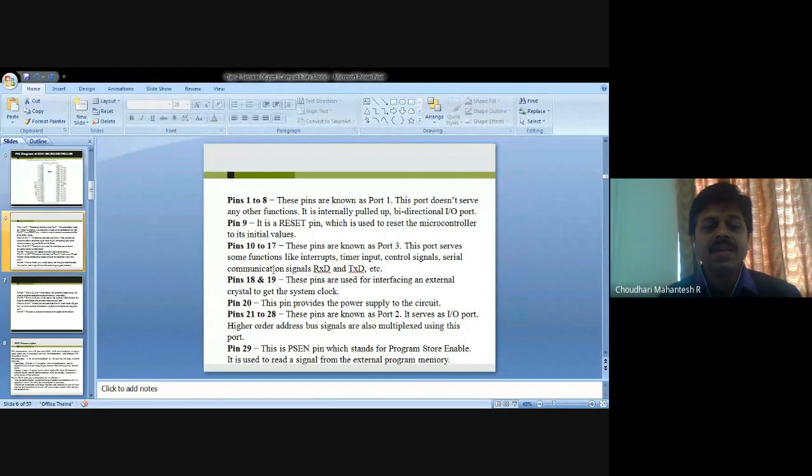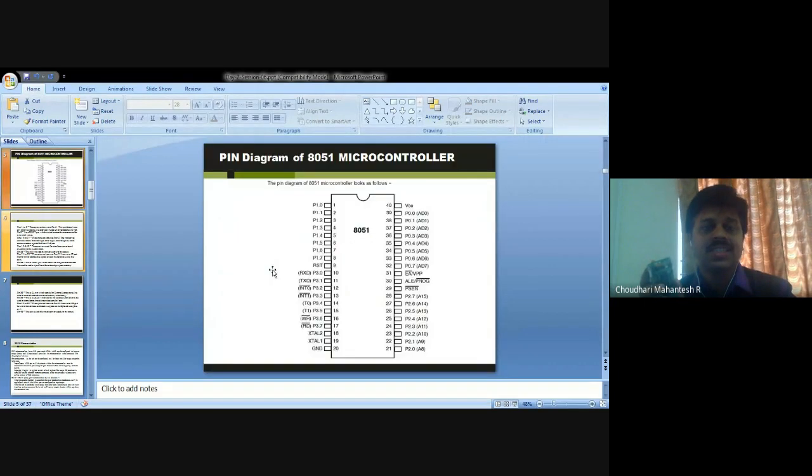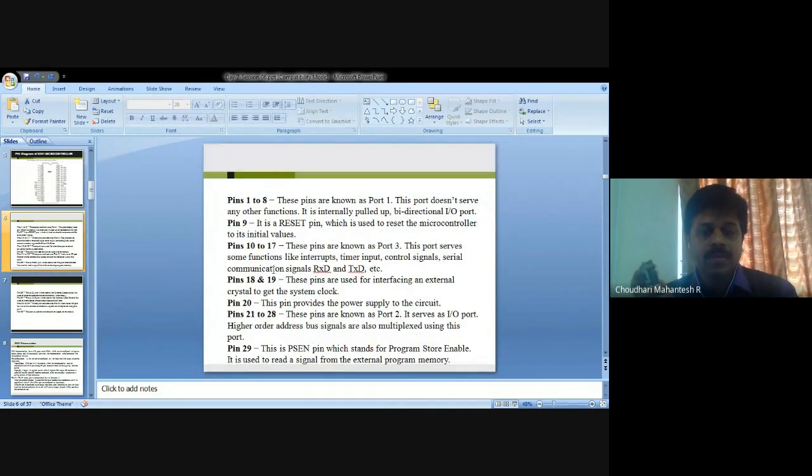Then pin number 20, this pin provides the power supply to the circuit. And pins 21 to 28, these pins are known as port 2.